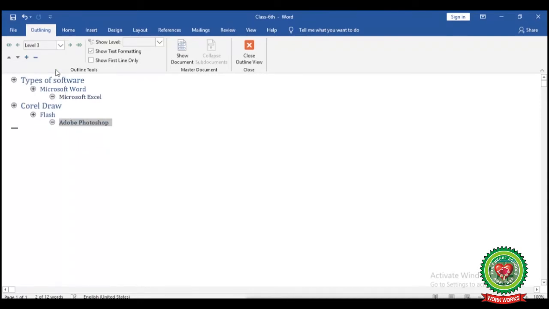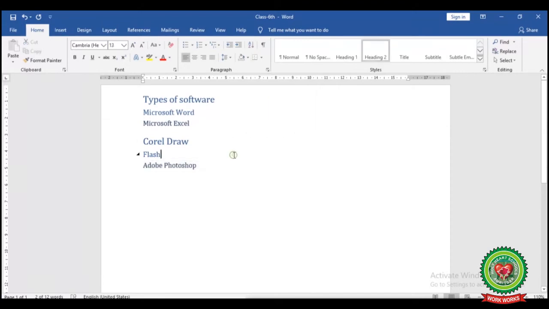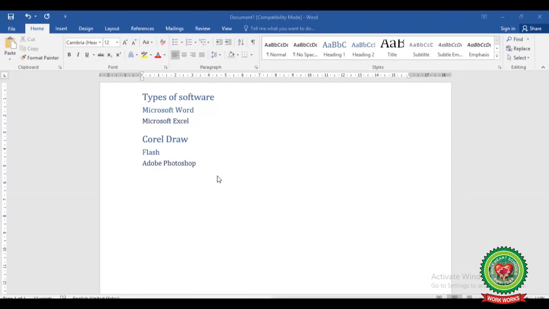Now after making changes, we have to click on Close Outline View button. Now you will notice after making changes, your text will appear on your document.